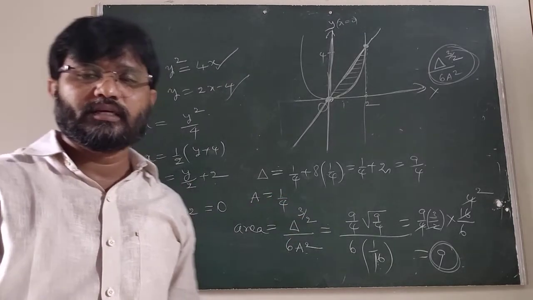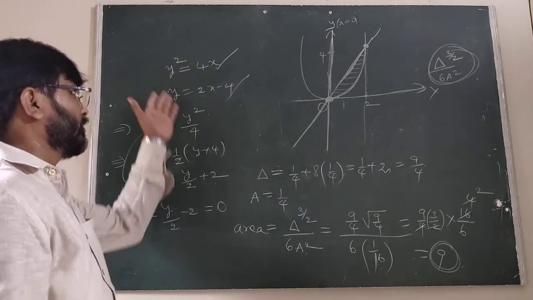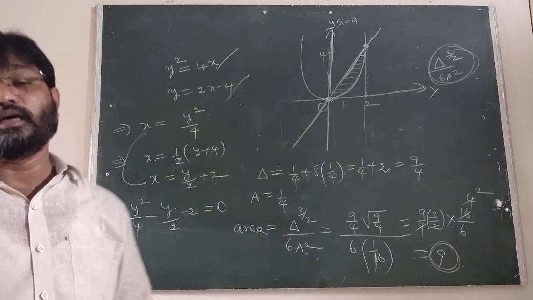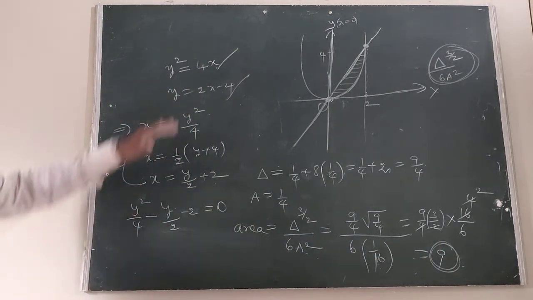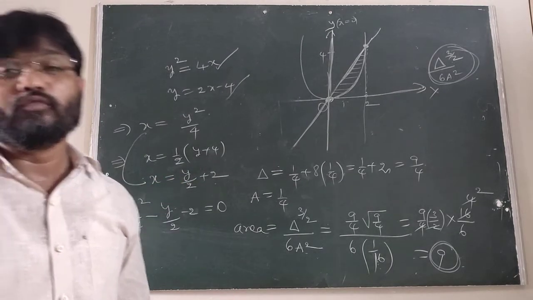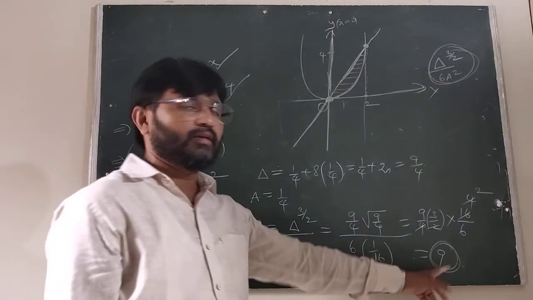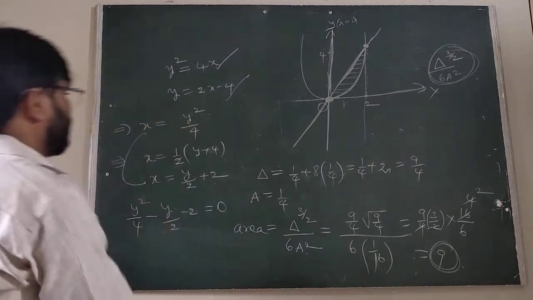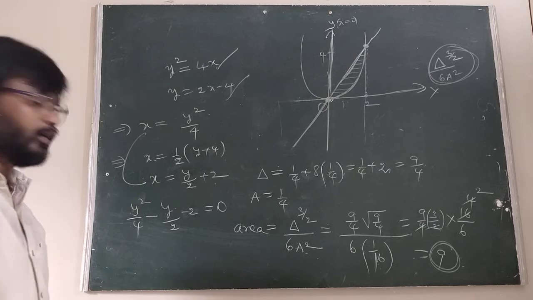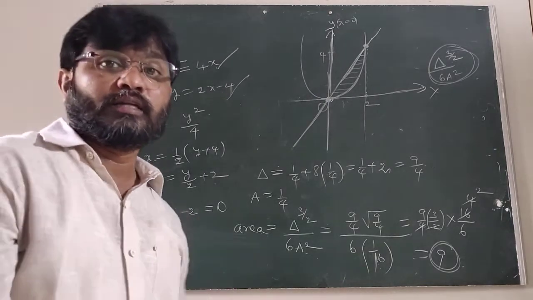Is it clear, students? If you try the diagram-based method also, you can write the definite integral and apply it. Undoubtedly we get 9. Another observation is that when you subtract, don't take common terms and don't simplify. When you apply the simplification, you will not get 9. Suppose you take y square by 4 and disturb it anywhere here, you will get a mistake in the answer.